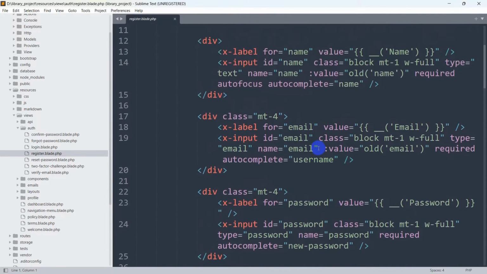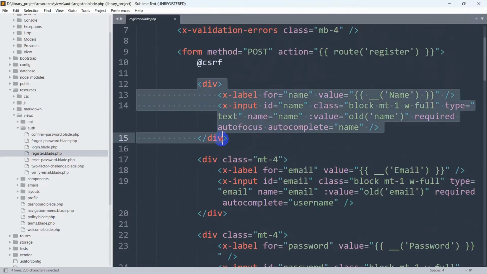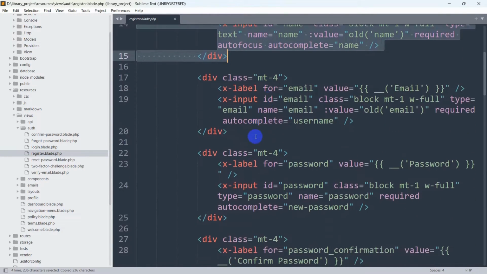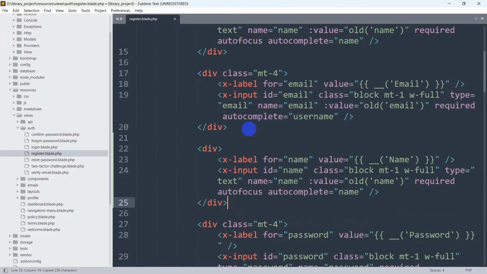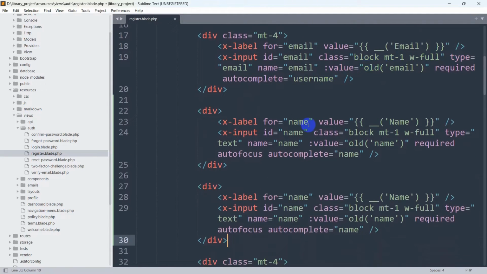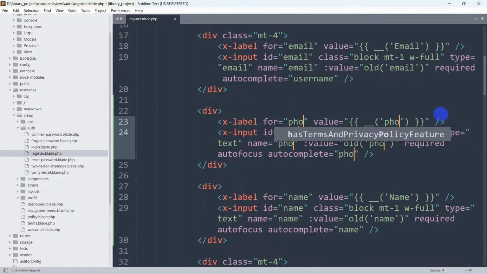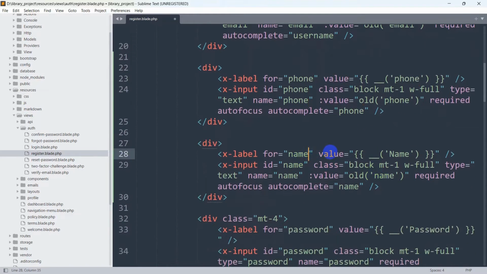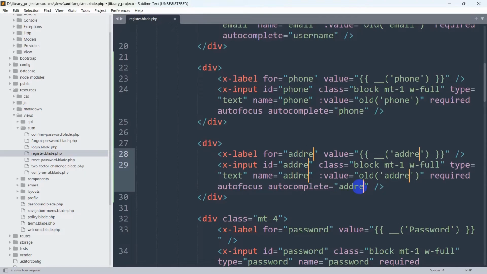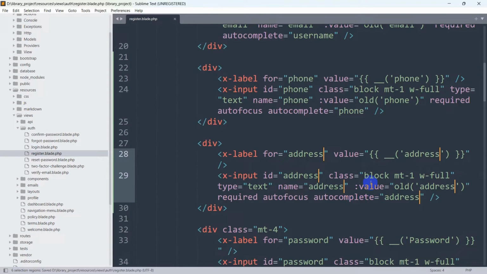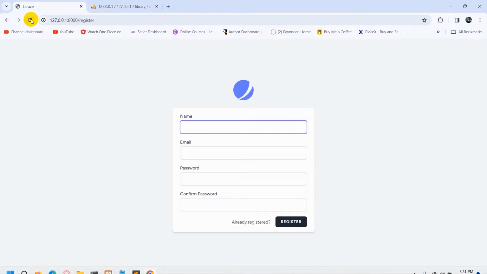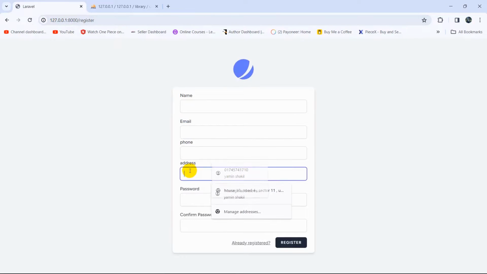Here after the email field, we'll add two more fields. So let me just copy this and we're going to paste it after email two times. Let me select everywhere for giving the phone name over here. So we are going to say here phone, and this one will be for the address. So here let me select again everywhere, and here we are going to say address. So let's save it, and right now if we refresh here, there you can see we have phone and address